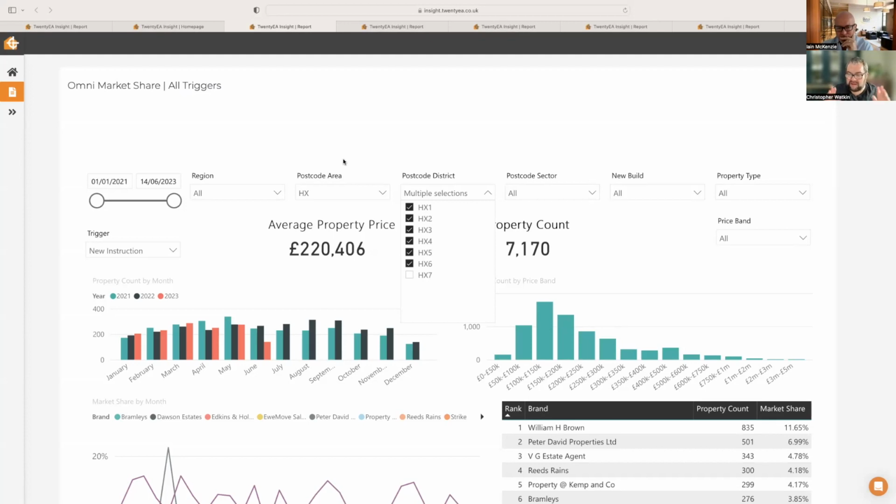They give me access to the national one, and in return, it's a symbiotic relationship, it's a barter. I mention it, I don't get paid for this, but you could have all of this data on your town that you can look at, so you can compare and contrast yourself to your competition and use this data to get you more listings. Because this wonderful bit of kit, when agents are going in saying, I can't get the fee, well, why don't you, this bit of kit will actually, as long as you can prove that